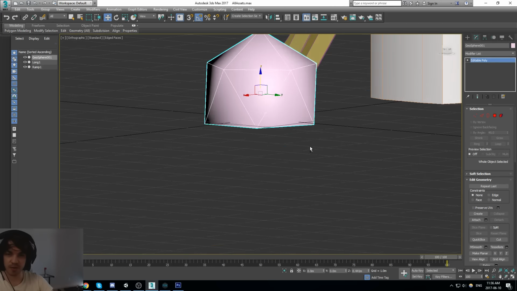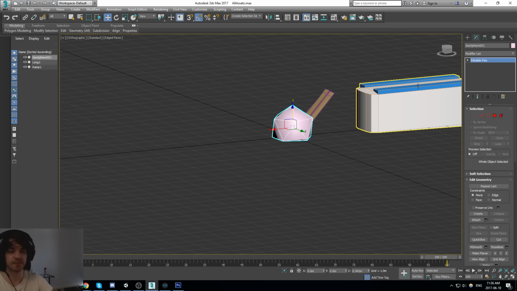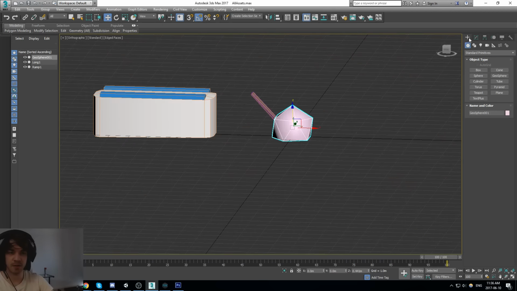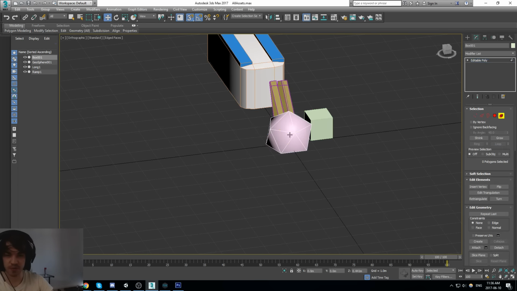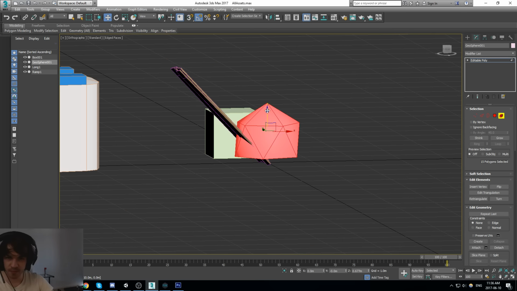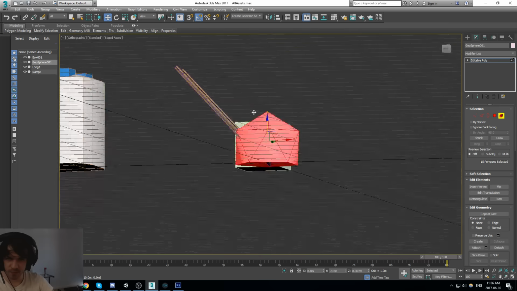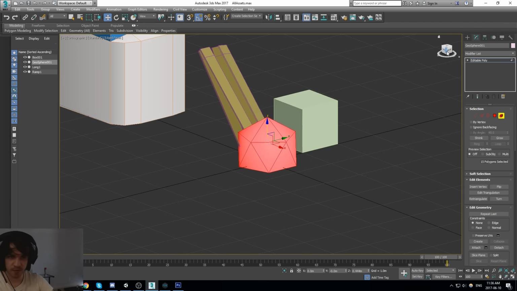So my rock has to be, how big does it have to be? It has to be at least 1 meter. So just to give myself some reference, I'll spawn a box next to it. Boom, that's 1 meter. Definitely too big at the moment. There we go, that would be my rock.